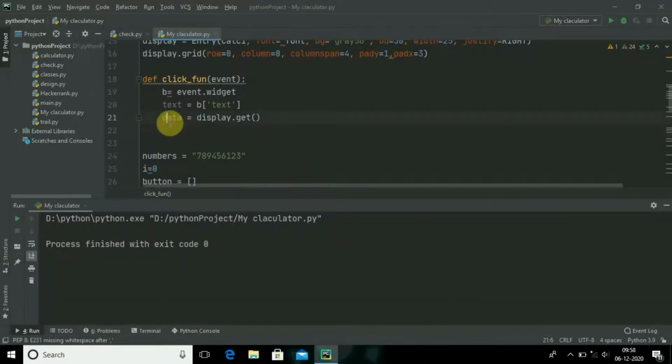Then after whatever we type or whatever we press on the button, it should appear on that screen.